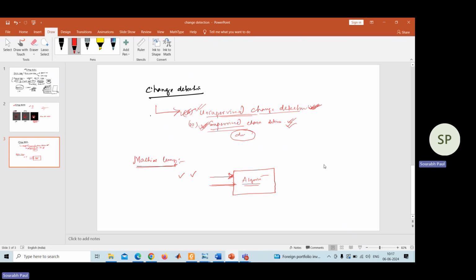Suppose one very small kid is there, a 2.5 year or 2 year old kid. You are showing pictures of apple and banana. Okay, suppose you have two classes of pictures. One class is apple, another class is banana. So you have multiple pictures of apple in different